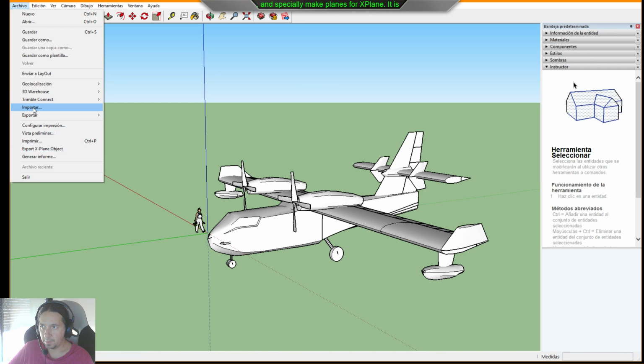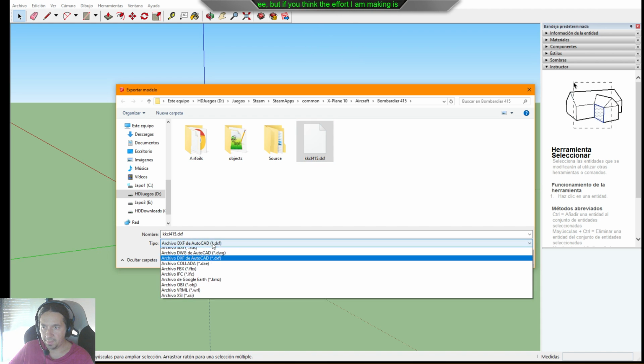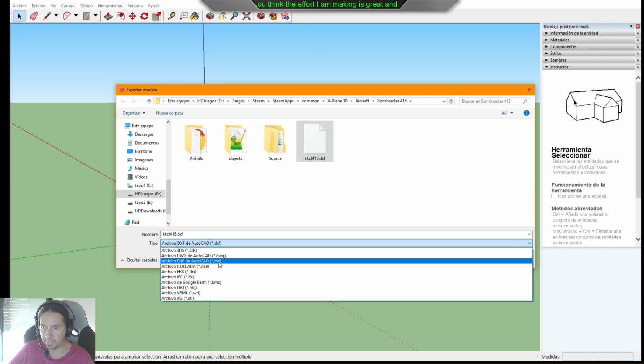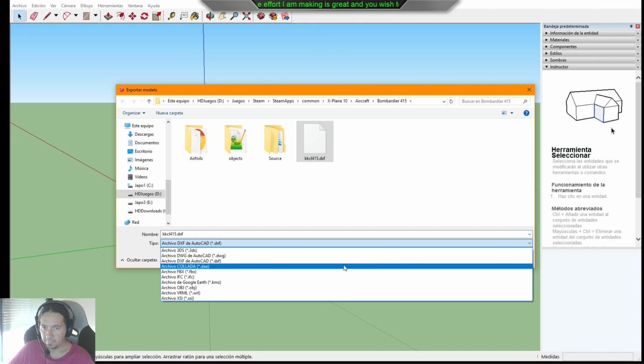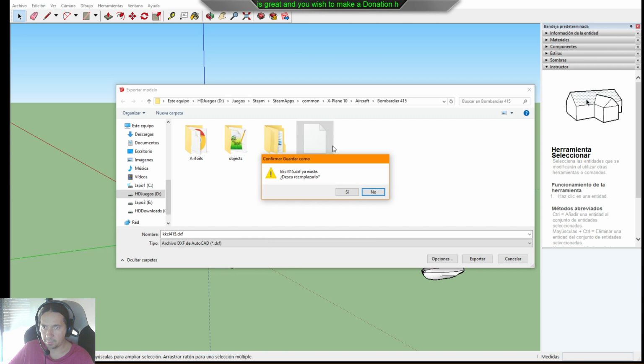Export, where it was, Import Export, 3D model, and it's already, I did it here, we just overwrite it with the AutoCAD DXF file. I'm not going to do it because I did it already, but okay, to do it,